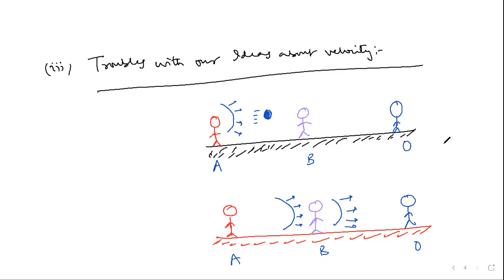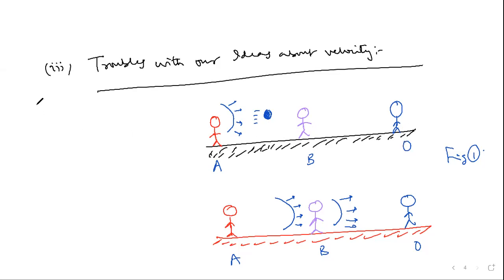So let me explain. I call it figure 1. The situation is like this. This figure shows a game between A and B as seen by an observer O. So these two people A and B are playing a game, and this is observer O who is observing.